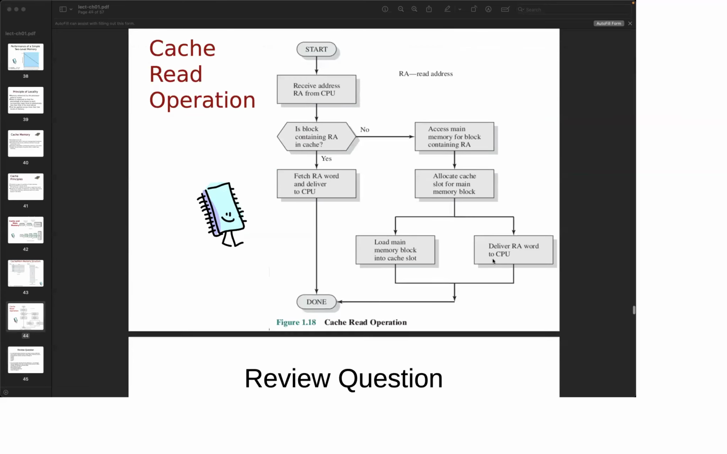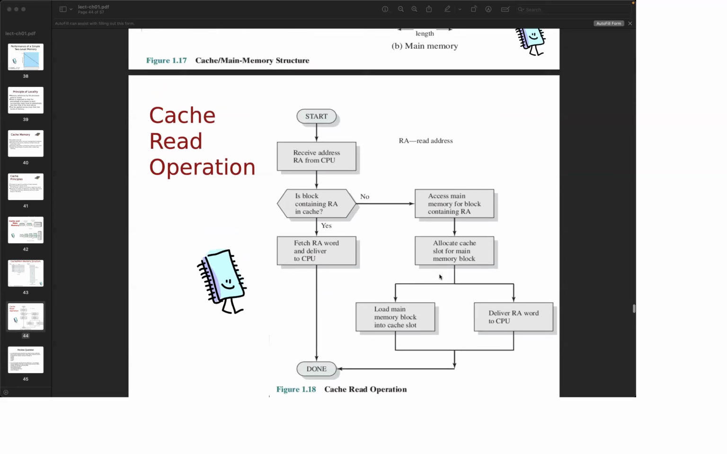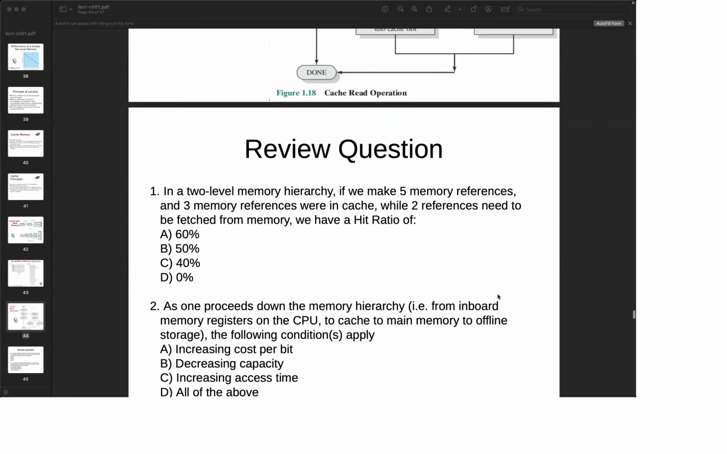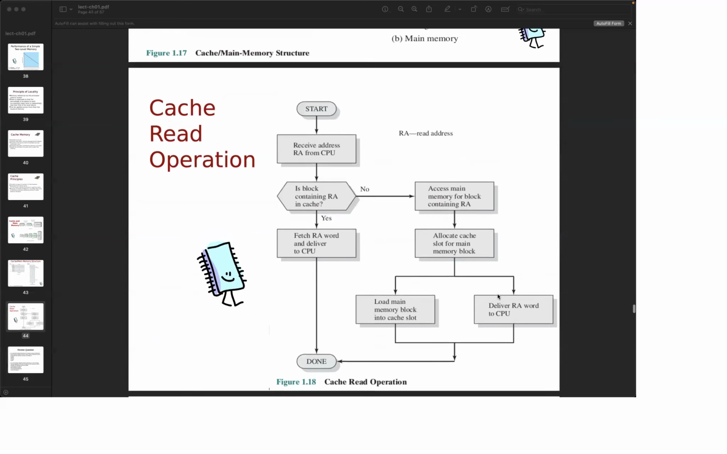Because once we access the data from the main memory, we do two main processes. First is loading it into the cache, so we will replace one of the entries, and at the same time we deliver the RA, that means from the cache to the CPU. So we save it. So next time if we need the same piece of data, we just get it from the cache if we need it again. Oh, so we decide whether or not we redo the